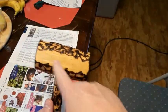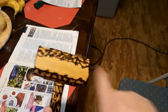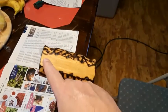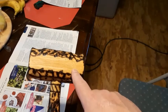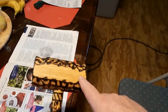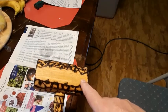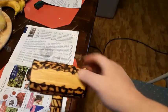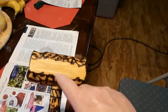And I gotta figure out a saying. What can we put on the back of here? So the rusty pepper, should it be "grow your food," or "I am the law"? What I say, go. I can't put too many words on here, you know, but I gotta figure out something